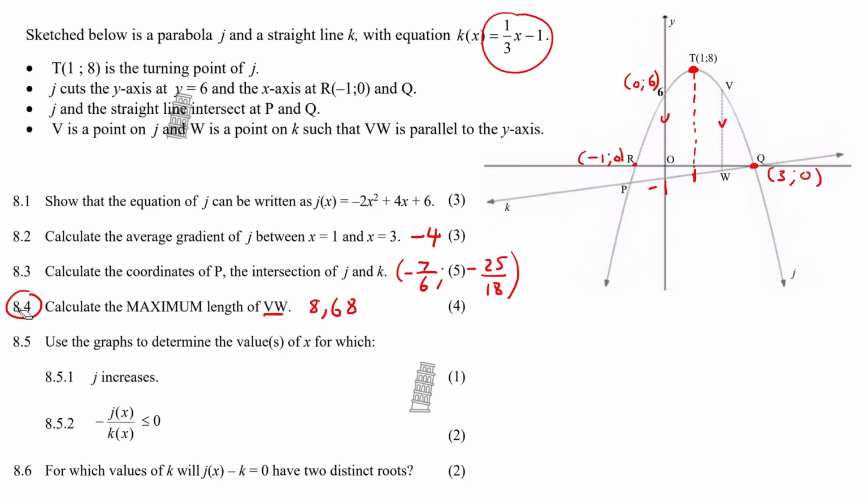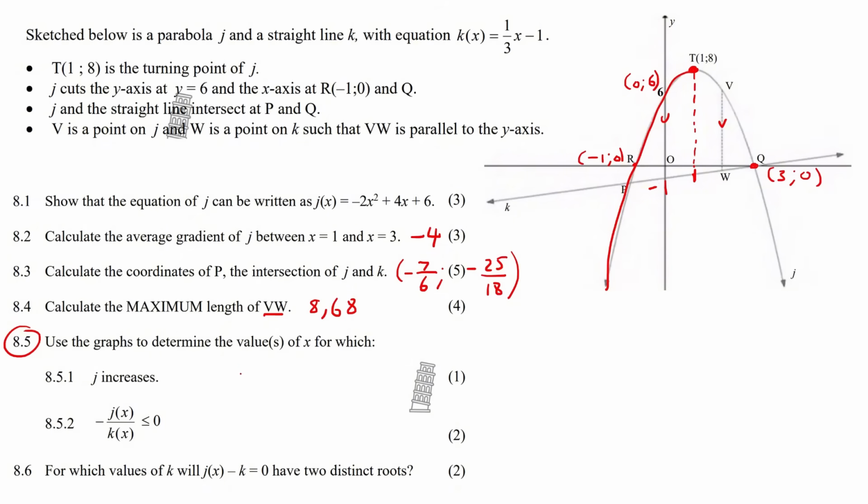Okay, now moving on to this over here. Use the graphs to determine the values of x for which the graph of j, j is the parabola, increases. Okay, so where is j increasing? Well, we can see it's increasing over here, all the way up to the turning point. And then after the turning point, we can see that it begins to decrease. So it's increasing from the turning point all the way to the left. All of this is